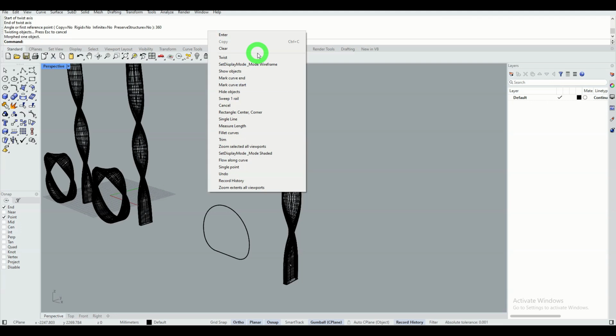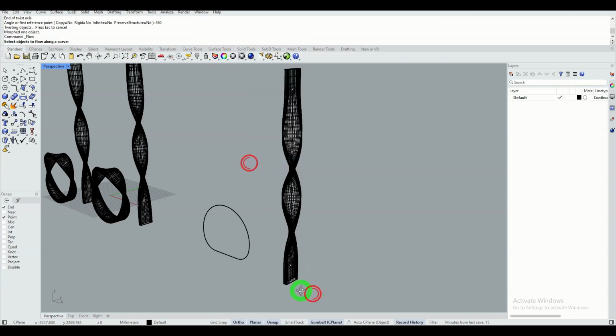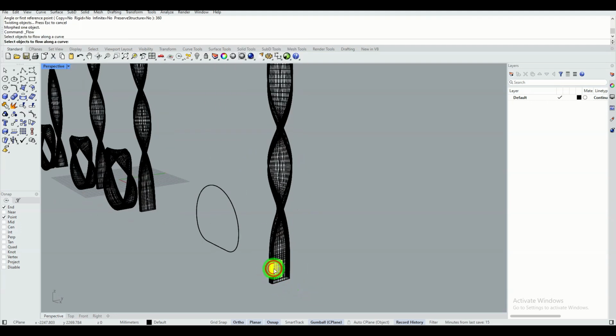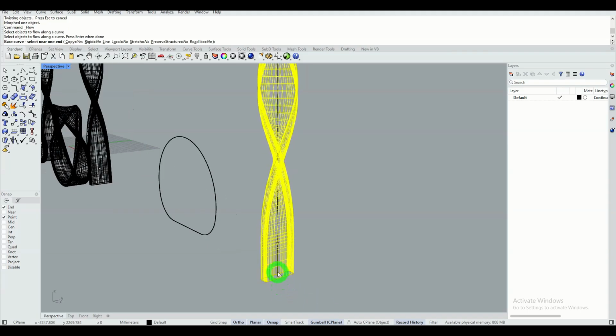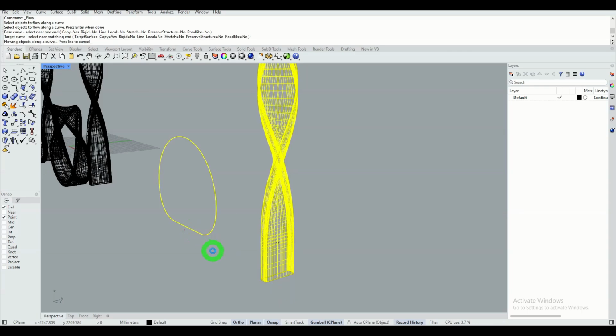Then flow along curve this object. The base curve is the line, of course, and the destination curve is this curve.